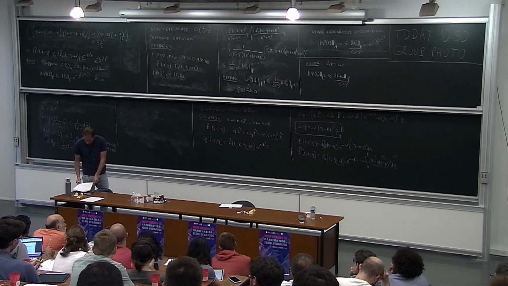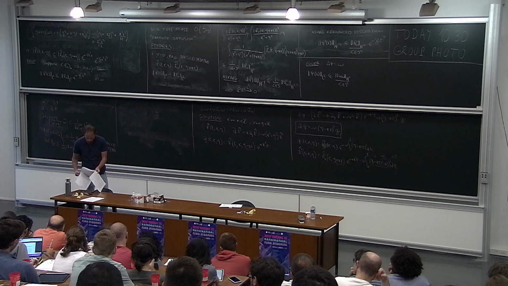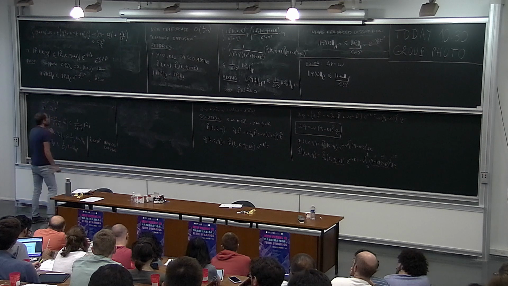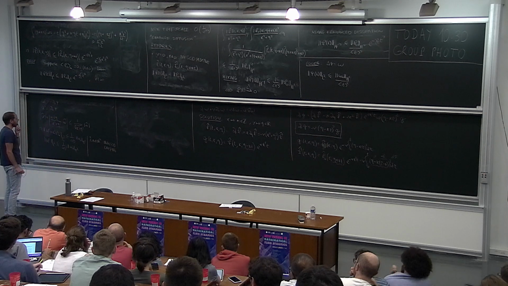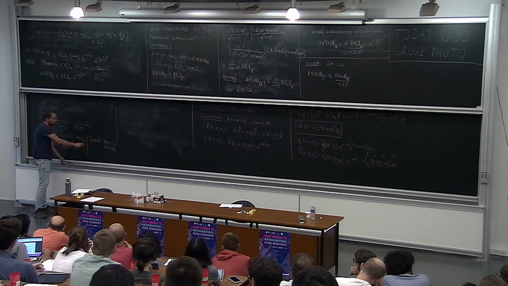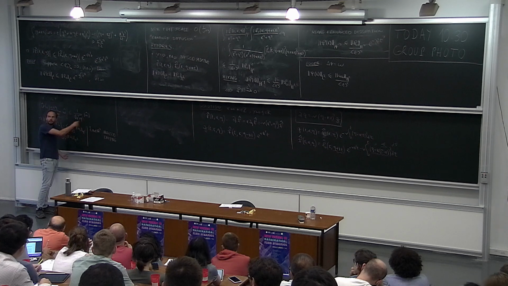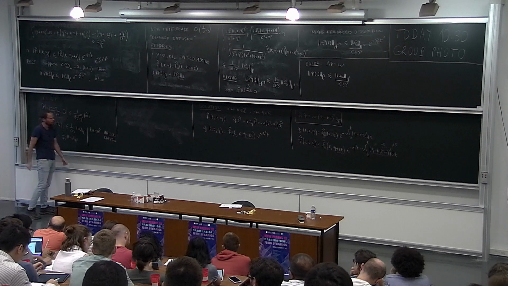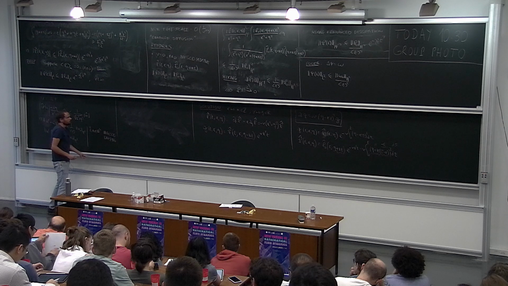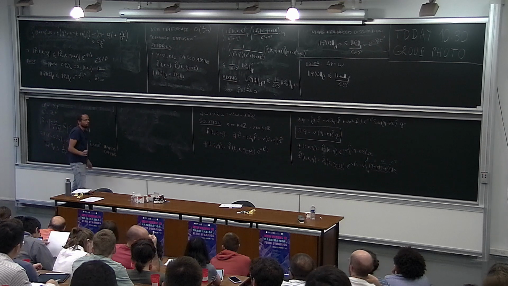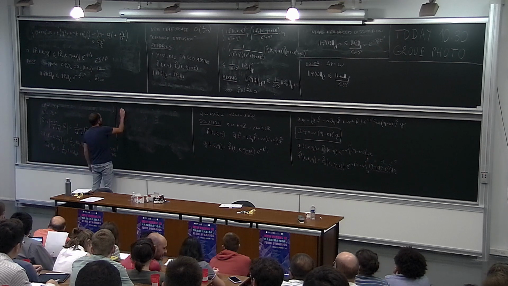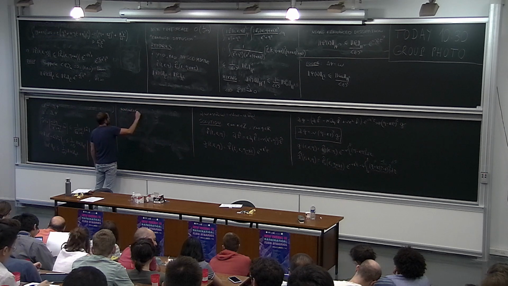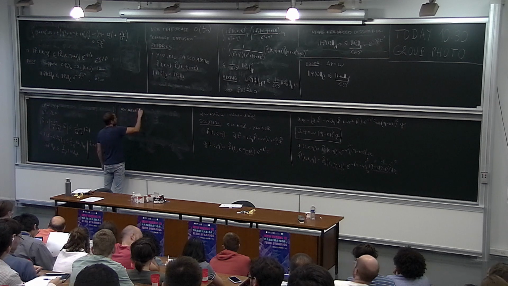So maybe I should name this. Linear here stands for the fact that I'm looking at the linearized Euler near Couette. So linear is linearized Euler. Maybe I should just say something for the nonlinear problem, which I'm not going to talk about in this course. So for the nonlinear implicit damping,